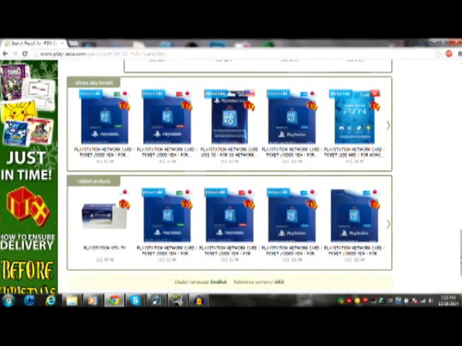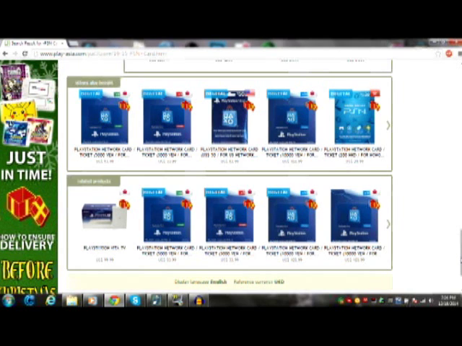Now, all you really need is a credit card just to purchase them. Now, here's another quick tip. If you already have an account set up on Play Asia, and if the card is digital, they should send you the code automatically after you purchase it, so you don't really need to wait until it arrives in the mail. But the only downside about it is that